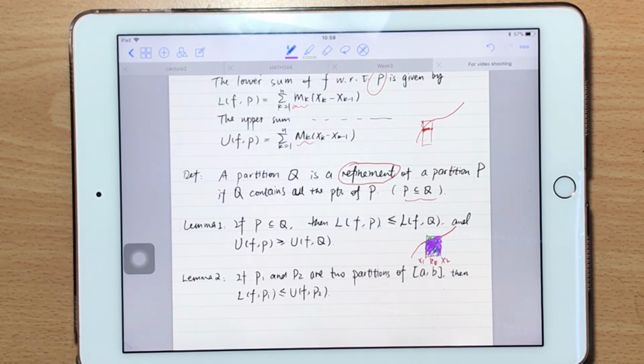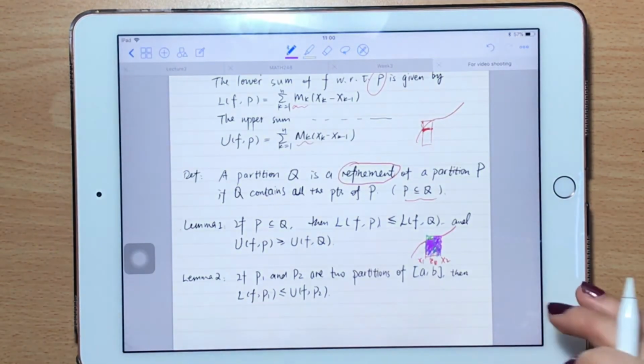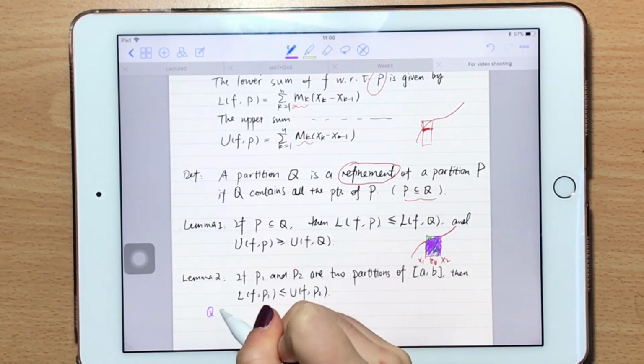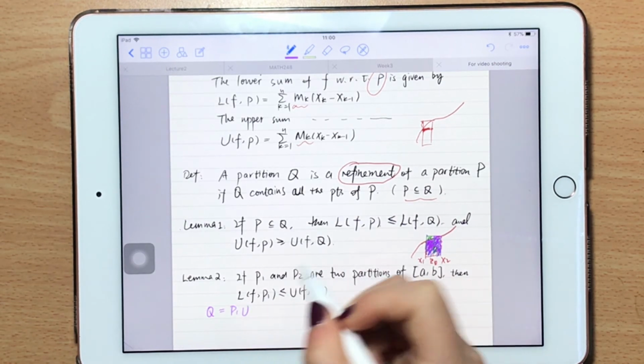But you might well say that since P1 and P2 are two arbitrary partitions, it's possible that their subintervals don't correspond with each other, right? But even so, we can still prove that this lemma is true by taking a refinement Q, the union of P1 and P2,